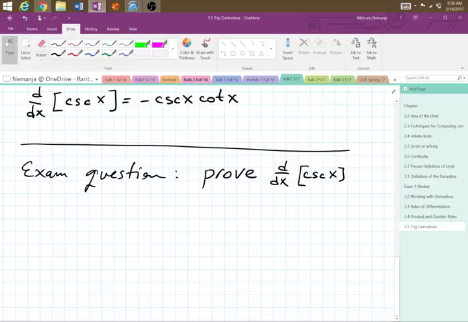So how do you solve this? What do you do? Break it down into what? 1 over sine. And then do what? Big formula called quotient rule. Good. So, rewrite it as 1 over sine and unleash quotient rule upon it. Those of you who forgot the quotient rule,